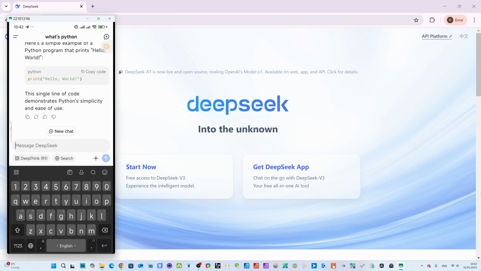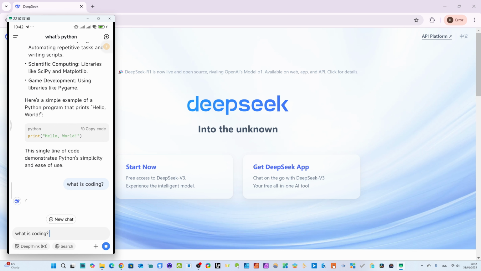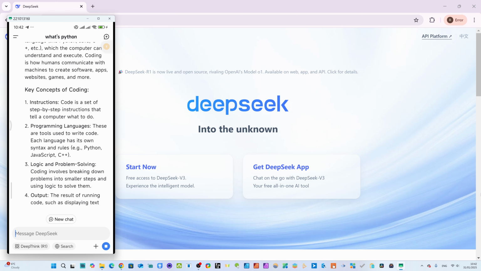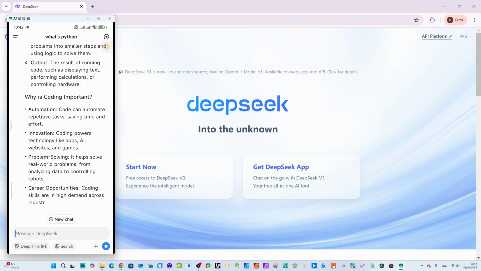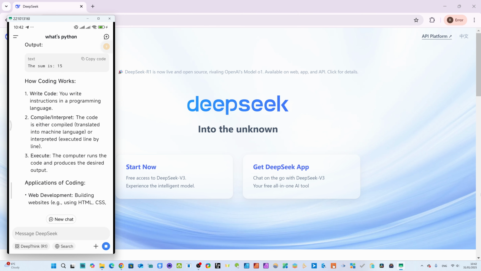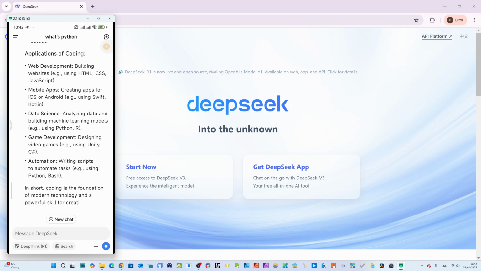Now I write coding. What's coding? It's insane. Its performance is very fast and very accurate, better than OpenAI's ChatGPT, and it's totally free. You can use this, dear friend. You see, it's just so fast. I am so amazed, so surprised to see such a fantastic app released in 2025.